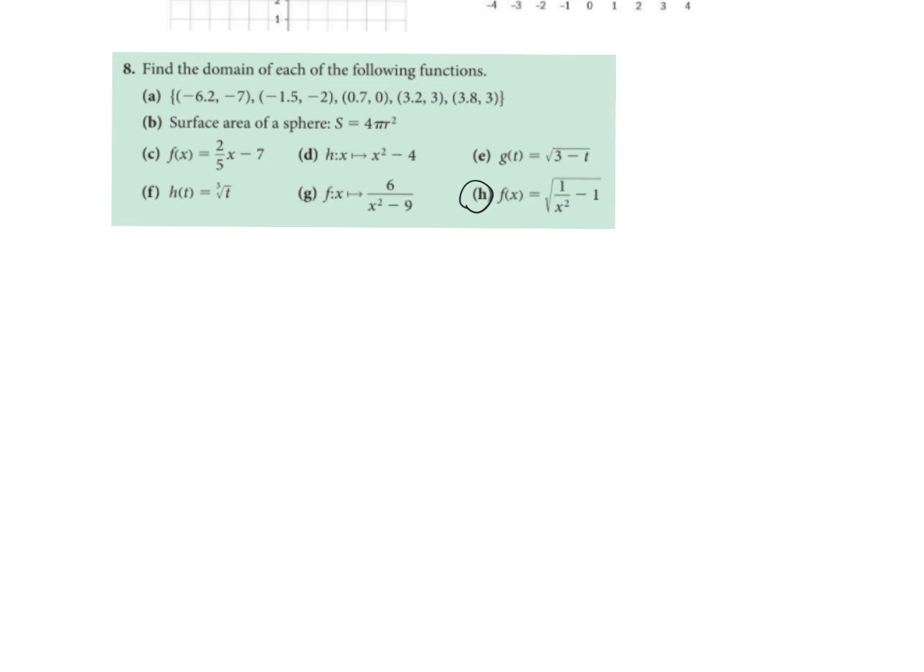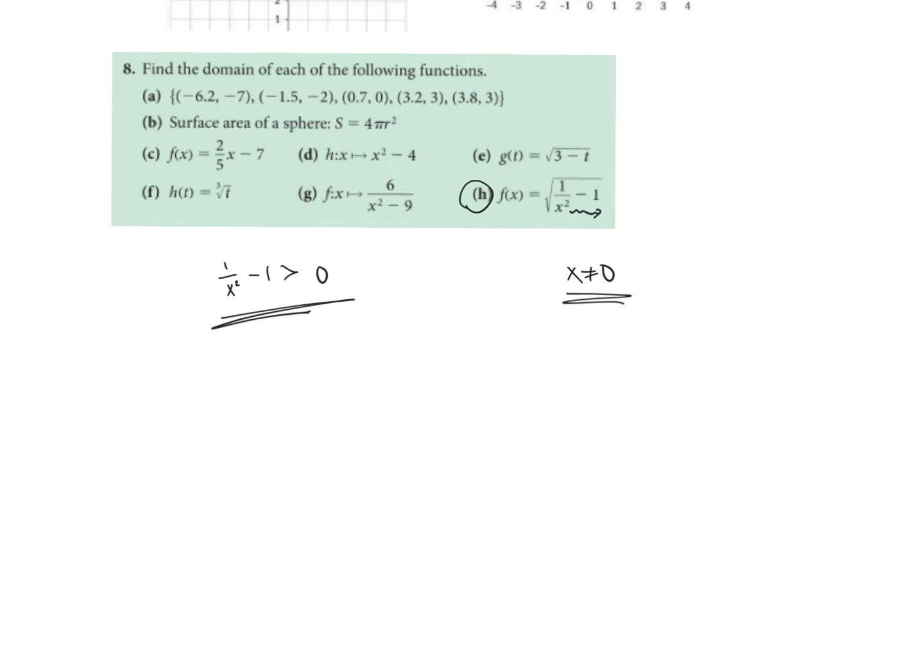So first of all, we have a square root, so what is underneath the square root needs to be greater than or equal to 0. It needs to be positive, right? And then also we have a denominator. So when we have something with an x in the denominator, we know that x cannot equal 0. So we have these two things: x needs to be greater than or equal to 0, and it can't equal 0. So actually we can go ahead and take away this "or equals to" and just have it greater